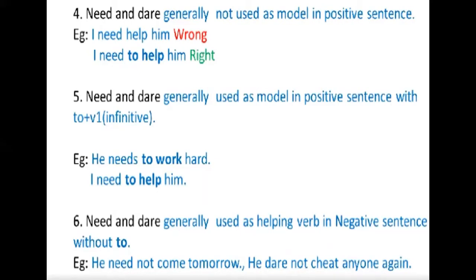So what do you think? Have I used to? No, there is no to. He dare not cheat anyone again. If you write he dared not to cheat, this is wrong. Grammatically, it will be wrong. And then you may lose your